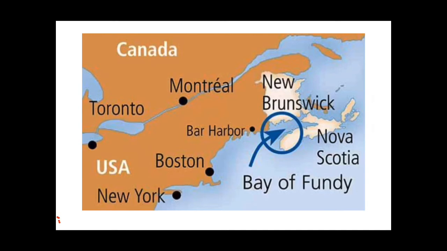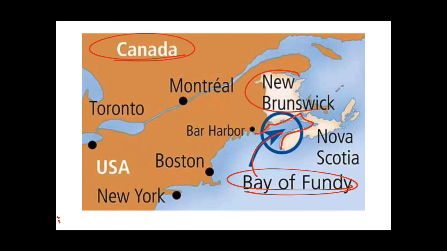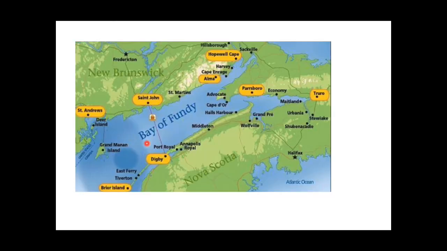Here guys, you can see that this is Canada, and you can see it over here that this bay which I was talking about, this is Bay of Fundy. Here it is written Bay of Fundy, and this is between the two islands. One is New Brunswick Island and the second island is Nova Scotia. So these two islands are a part of Canada only. So just keep this in your mind that Bay of Fundy lies in Canada only, and between New Brunswick and Nova Scotia Island. This is also the map of Bay of Fundy. As you can see, this is Bay of Fundy. This is New Brunswick Island and this is Nova Scotia.